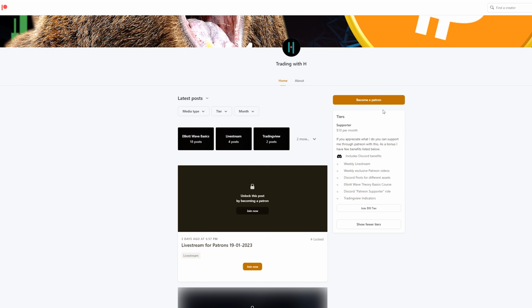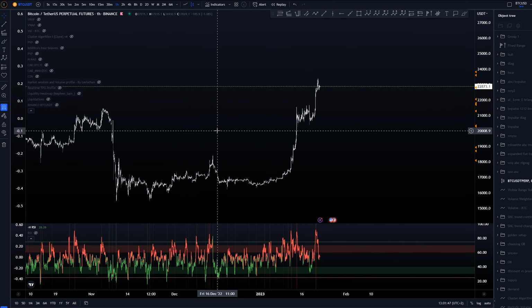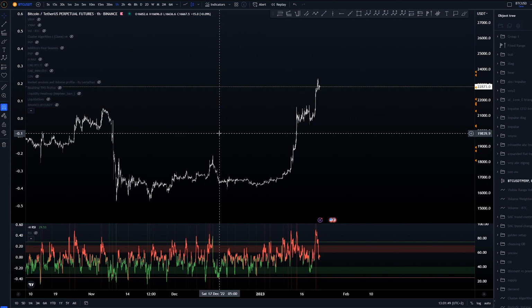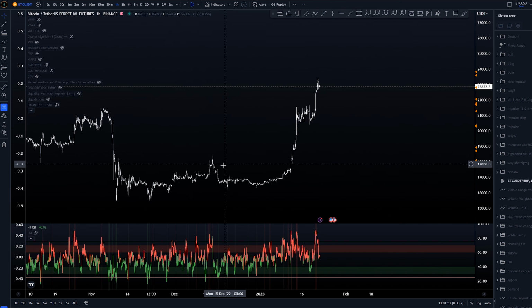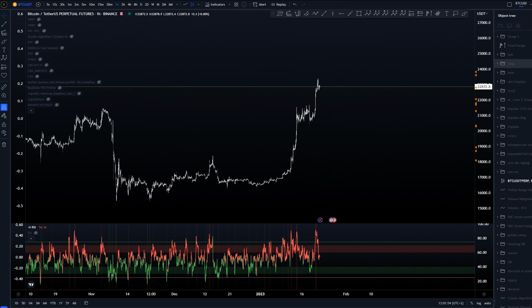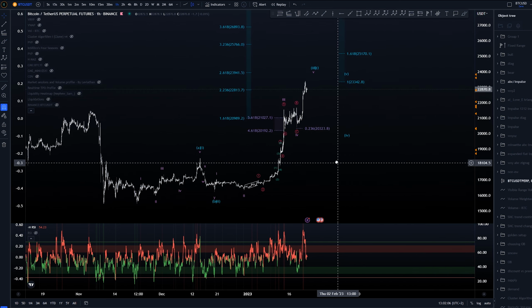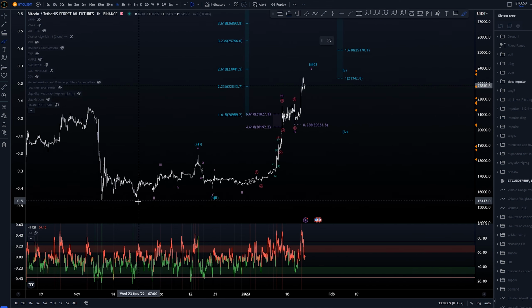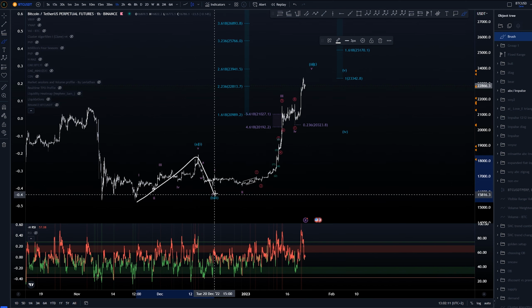Let's get into the charts next. Starting here on the 1 hour time frame, again, this has been the main idea that we've been following for quite some time now, since we basically created a structure that took out these highs. So let's not go that far yet, not there, but here. So this has been the idea overall, where we would have this as an A, B, and then looking for